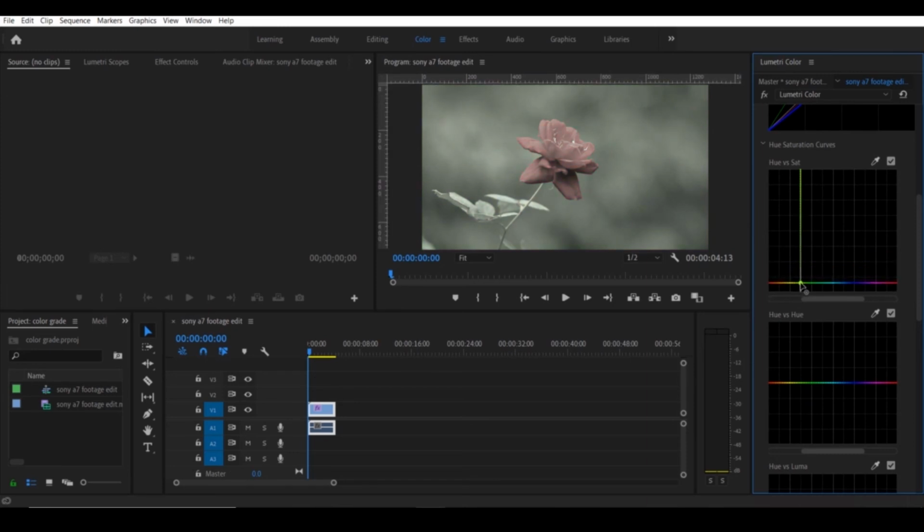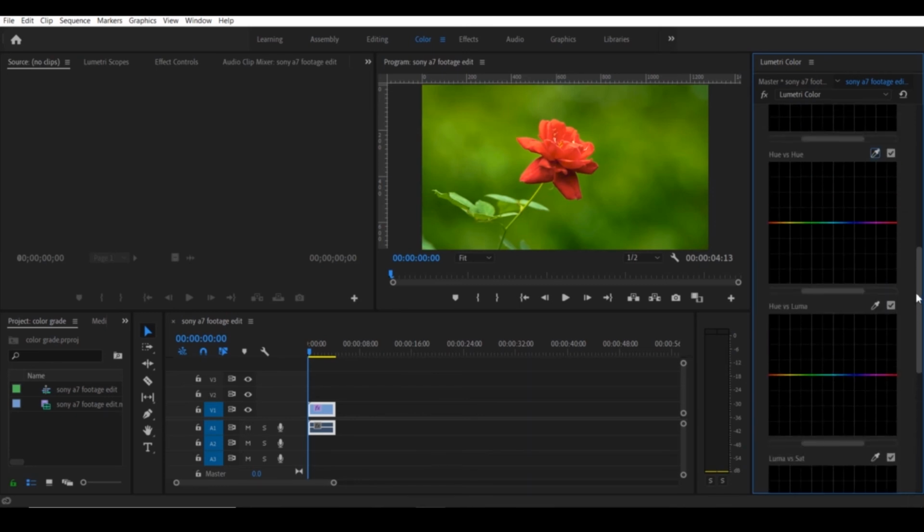that is if I move in the negative axis, I think you know this is the positive axis and this is the negative axis. When we move below, this is the negative axis of the saturation curve. So we need to move a bit upward, but we don't need that much saturation. I think this is perfect, so we will leave this here. Now you can adjust the colors, you can adjust the hue in the video. Now I need a greenish and yellowish, so I will set it here and, as I told, I will increase the saturation to this much. Okay, so I will leave it here.